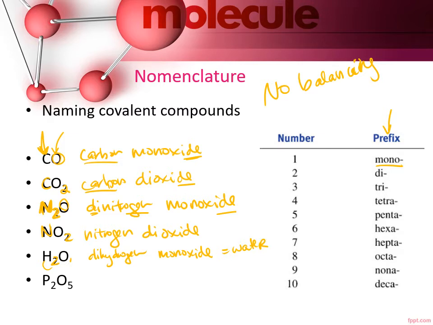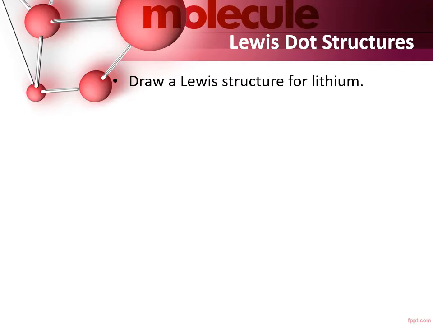And then one more, P2O5. I have 2 phosphoruses, phosphori, if you will, diphosphorus. And I have 5 oxygens, pentoxide. Diphosphorus pentoxide is the name of this guy, P2O5. Memorize those prefixes. All right, so Lewis structures are all about valence electrons on particles, and we care about the